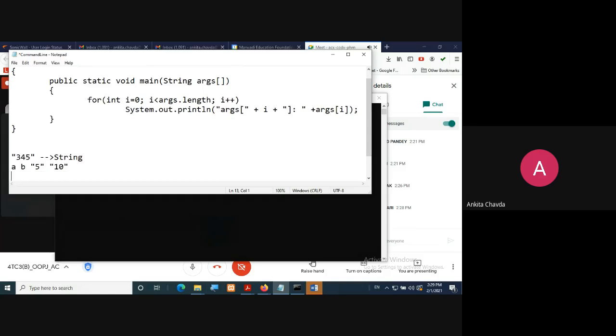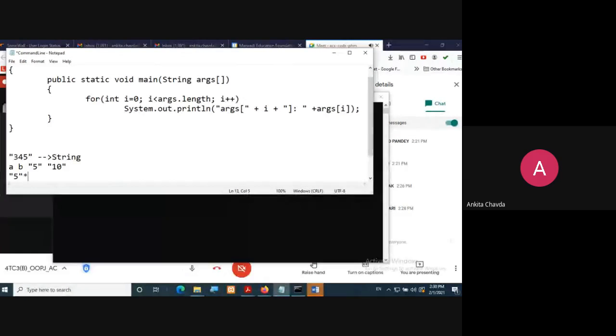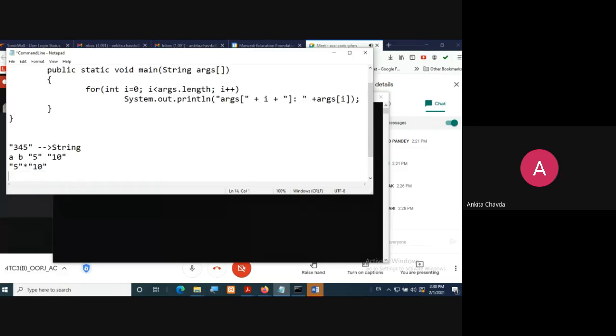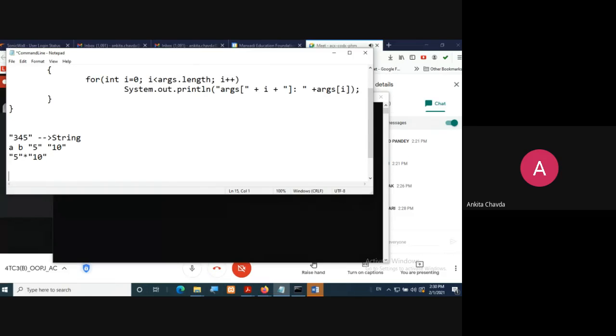And you cannot do any arithmetic operation between these two variables, like string 5 multiplied by string 10. You cannot do this. So what you need to do is first convert the string to an integer variable, and for that you have to use the wrapper class. That wrapper class concept will be in your very next unit, but right now I'm just showing you how you can convert a variable of type string into an integer, float, character or any other type. So this is what you need to do.